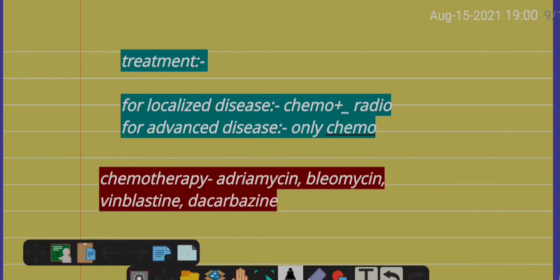In localized disease, we do a scoring by the International Prognostic Scoring Index, and if the outcome is favorable, we go for only chemotherapy, and if the outcome is unfavorable, we go for chemotherapy plus or minus radiotherapy. We give field radiation, but it has its own side effects. In most cases, chemotherapy is given for 4 to 6 cycles, and it gives a good result because Hodgkin's lymphoma can be treated by it, but there can be relapse.